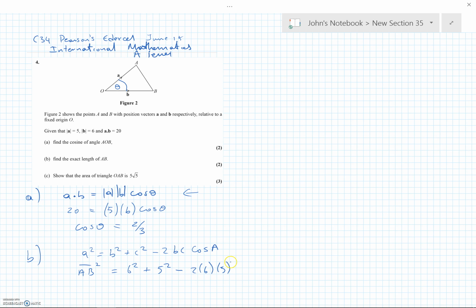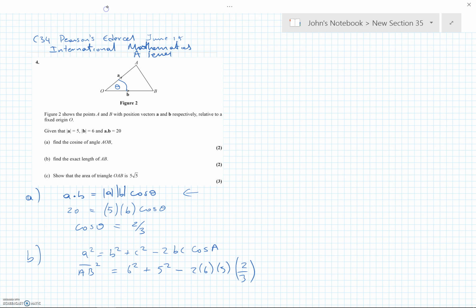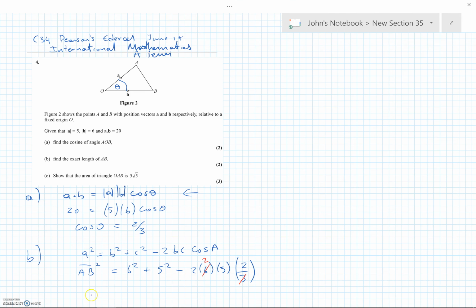cos A. Now cos A is 2/3. I hope no one's used a calculator at this point, because really we don't need to work out the angle. At no point has it said work out the angle. So I'm going to cancel the 3 there with the 2 there. And that gives me